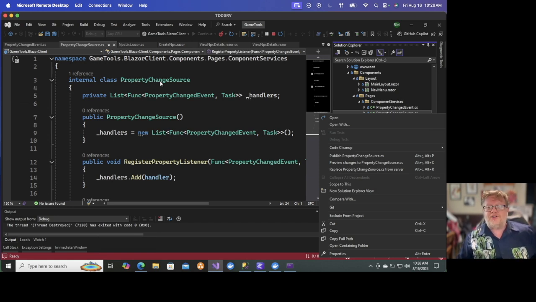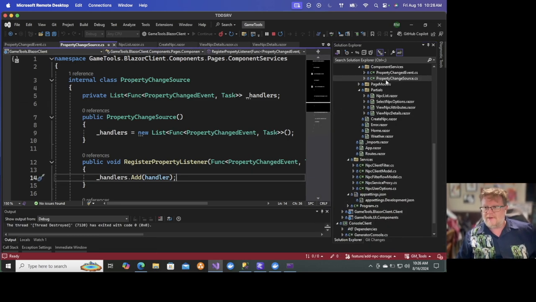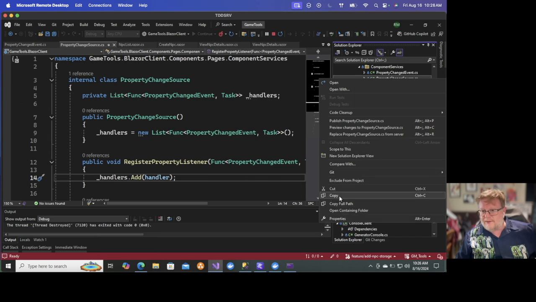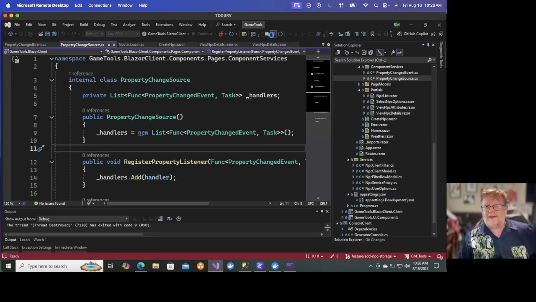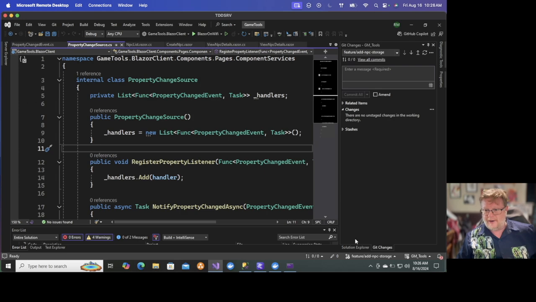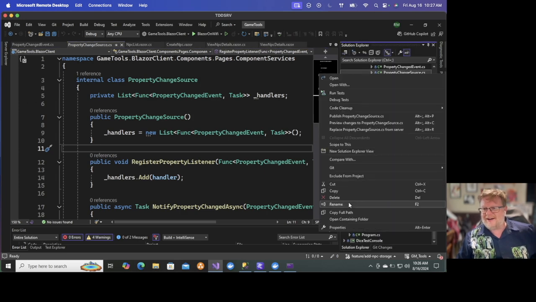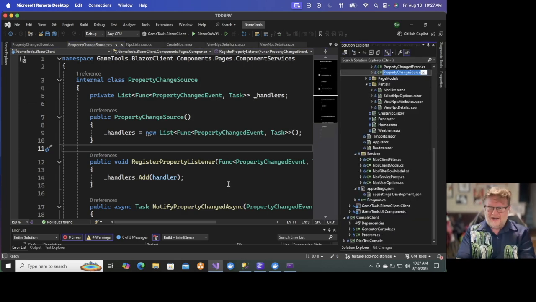This property change source, I am going to change this to rename. Come on, where's rename? Where the hell is rename? Oh, it's running. I can't rename it. Duh. Rename. I'm going to change this to